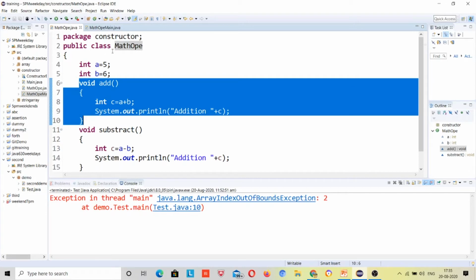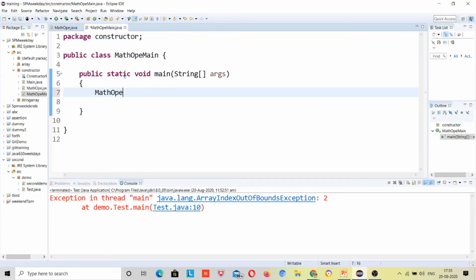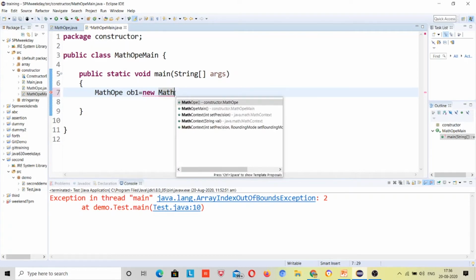So first make the object of this class. Whatever name you want to give, suppose object name ob1, it may be much clearer. ob1 equals new method, just press control space and it will suggest it, right?